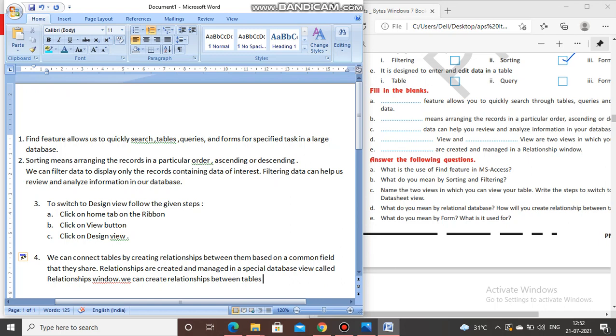The second question which it is asking about, okay, we can create relationships between tables in this window by dragging a field from one table onto a field from another table.